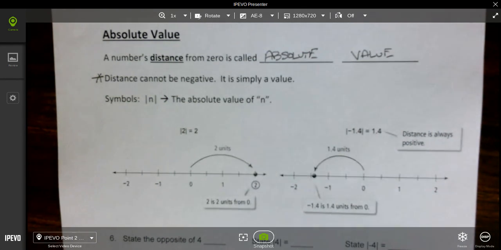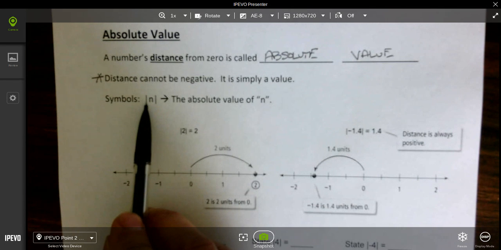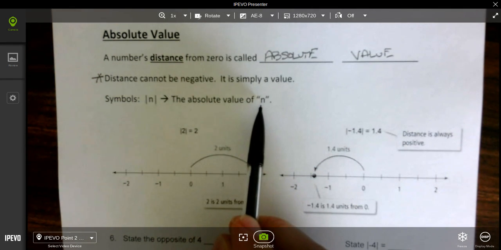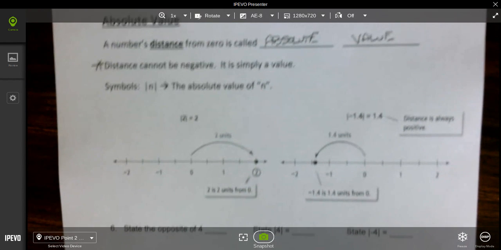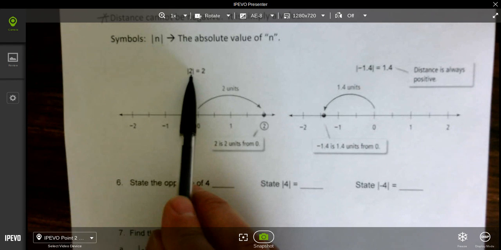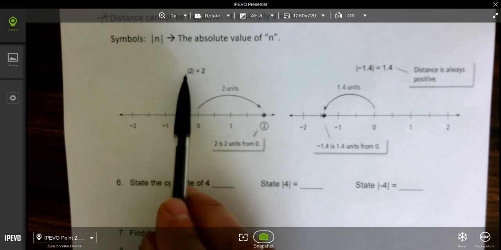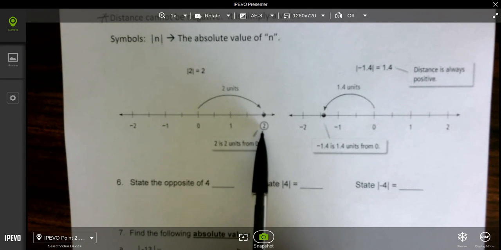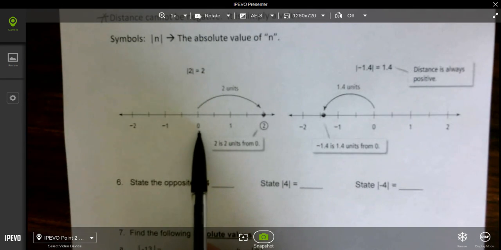Okay, and when we have symbols, I'm going to use these bars right here, and then there's going to be some value inside, and that symbol means the absolute value of n, whatever the value of n is. And so looking at the pictures that we have here, notice that 2 is the number inside of the bars here. The absolute value of 2 is 2